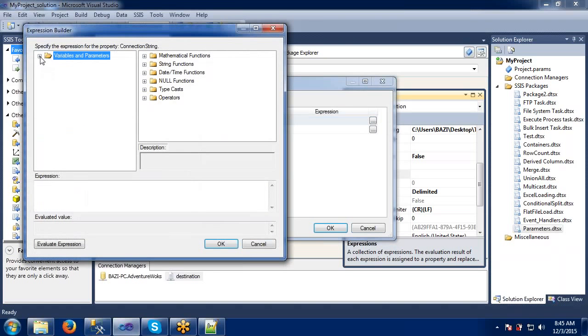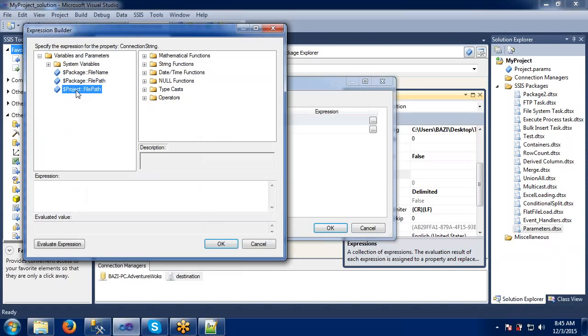If you see this, here we have variables and parameters. We have defined two parameters, if you remember. Here it is showing the project level parameter and the package level parameter.